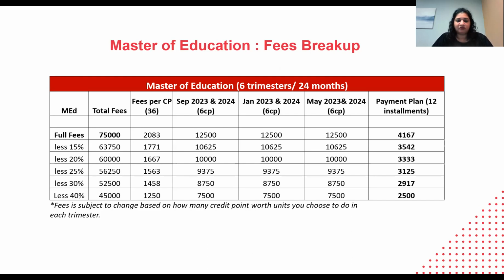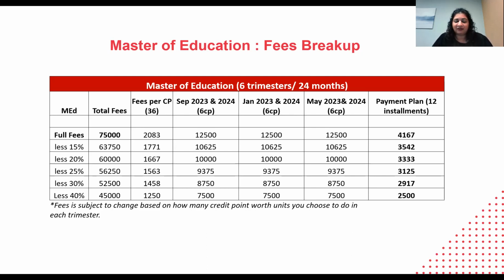Maybe you decide to just go with 1 unit, or maybe 3 units because you want to finish early. In that way, your fees will change. But this is the most generic pattern, where we assume you're going to do 2 units to start with. Okay. So as you see, if you actually manage to get a 40%, which is not difficult,